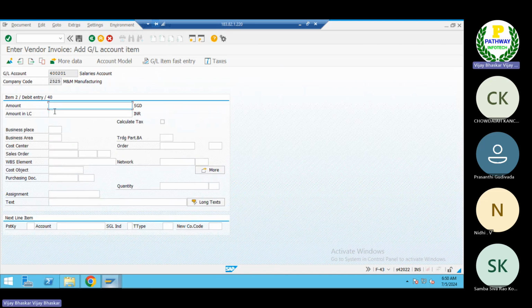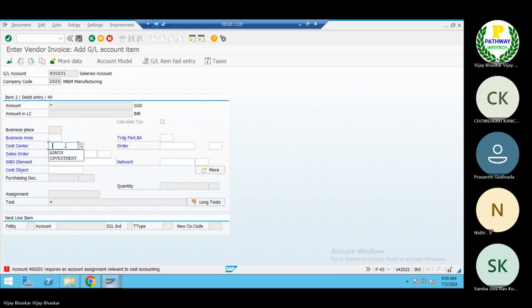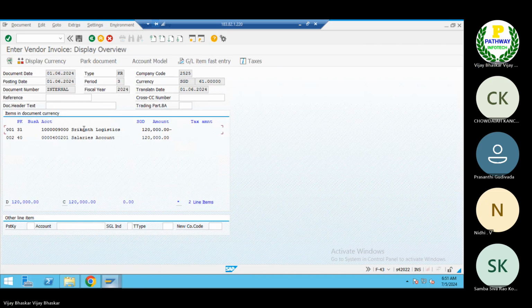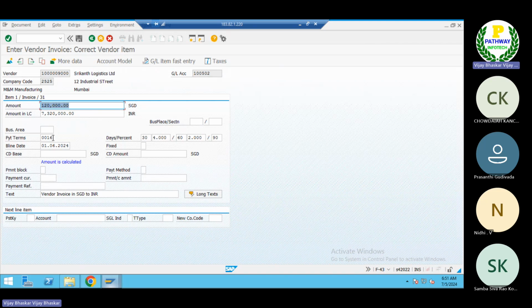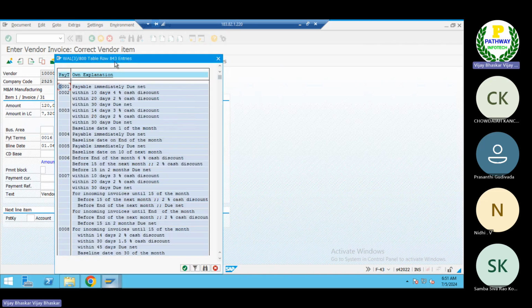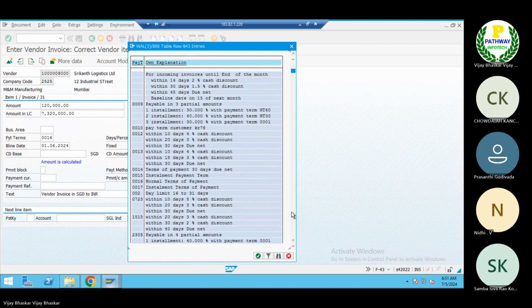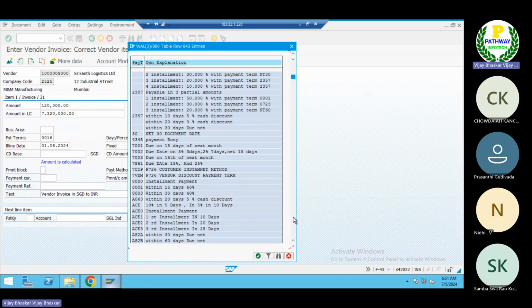The one thing which I have not selected properly, I have to change that one. First, the one which I have to change here is the terms of payment. Okay, 45 days. Let us have a look at 45 days. Which one is the correct one? 30 days net is there. June net 45 days, the terms of payment, it is there.